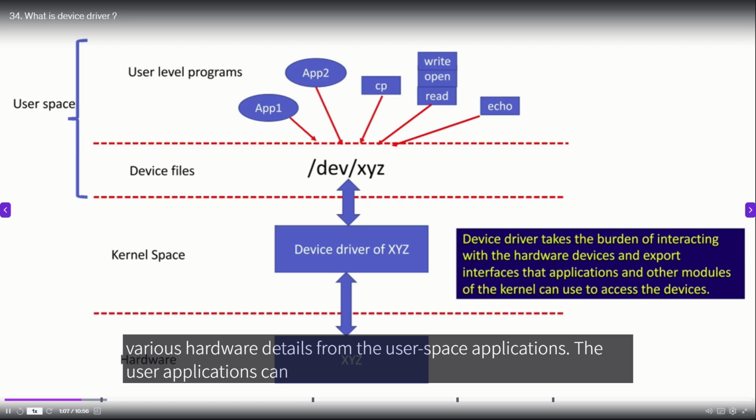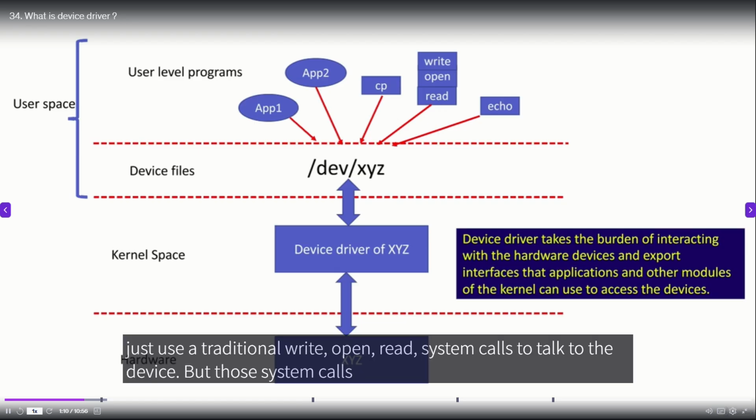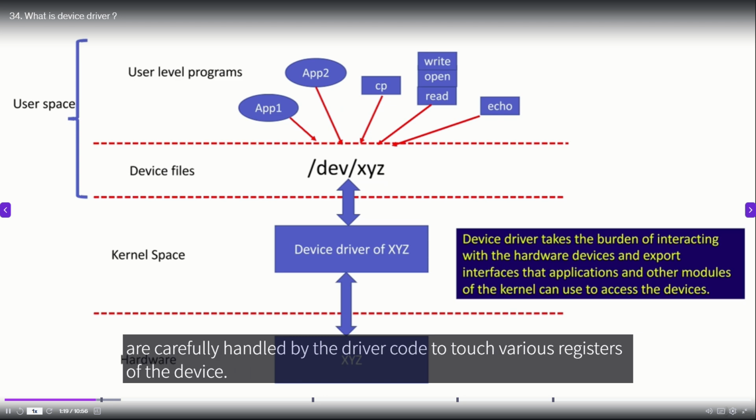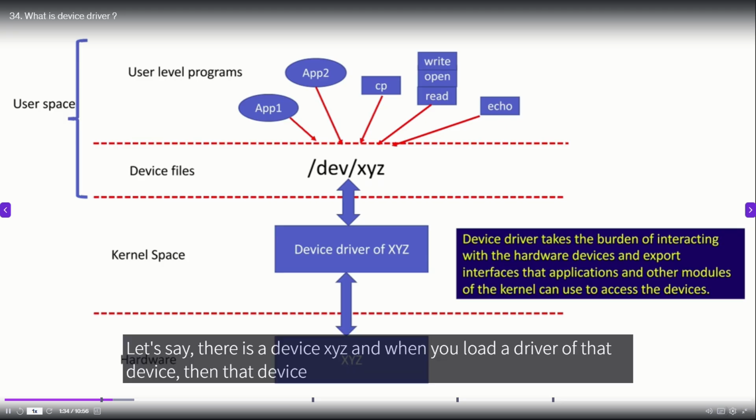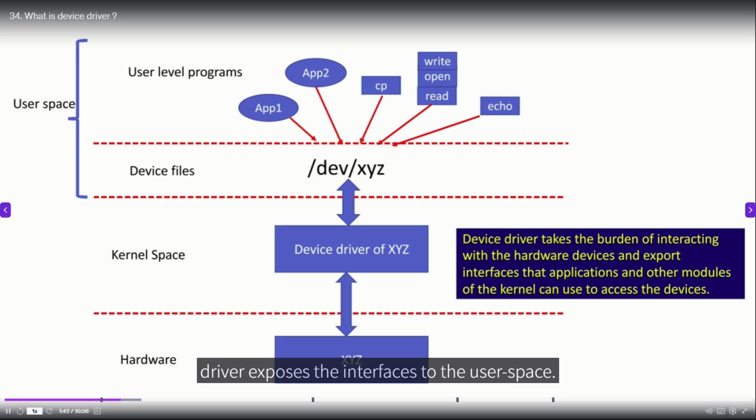The user space applications can just use traditional write, open, read system calls to talk to the device. But those system calls are carefully handled by the driver code to touch various registers of the device. The kernel's job here is to connect the system calls to the driver's system call implementation methods. Let's say there is a device XYZ, and when you load a driver of that device, then the device driver exposes